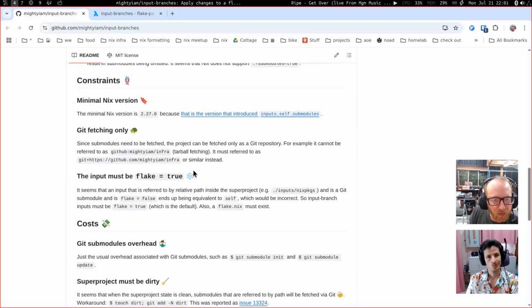Git fetching only. Since submodules need to be fetched, project can be fetched only as a Git repo. For example, cannot be referred to as. Oh, right. Okay. I was aware of that. It must be referred to as blah or similar instead. Got it. The input must be flake equals true. Okay, that's